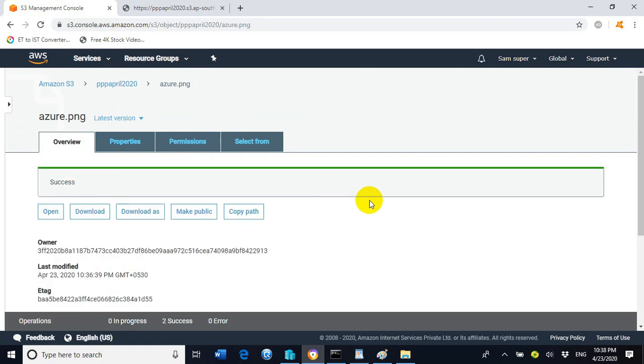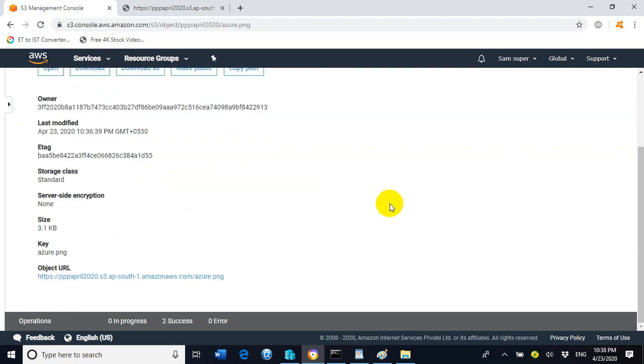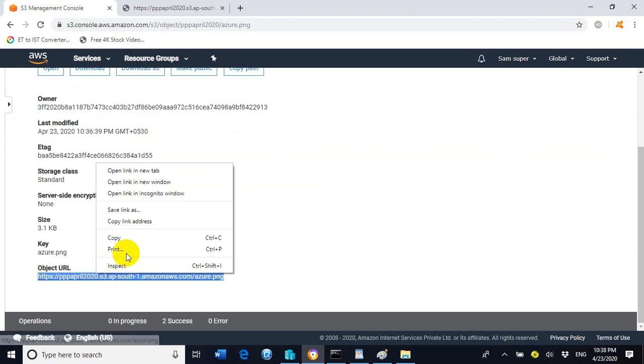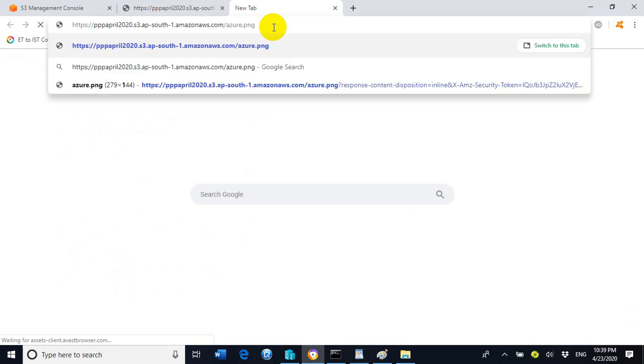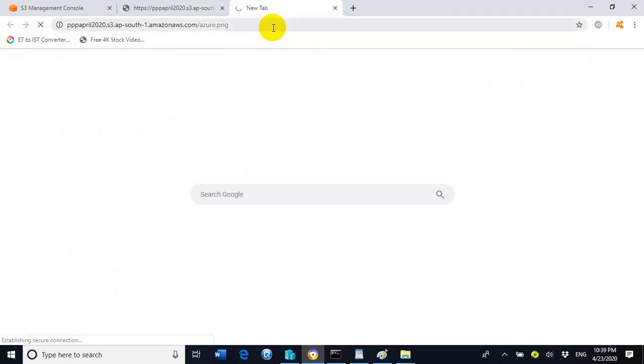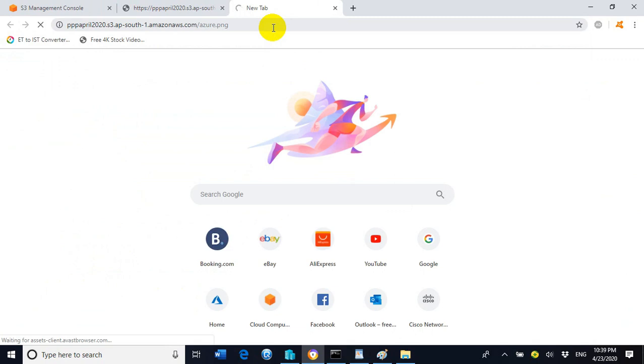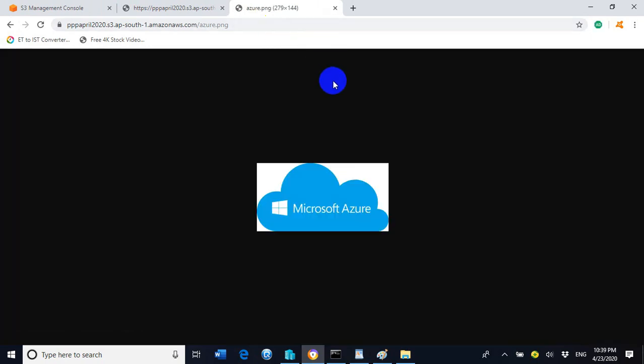Now we got a success message. Now just copy this link and paste it on another tab of the same browser and press enter. Wow, now we can see that with the help of this object link, anybody can access the image from any part of the world through the internet.